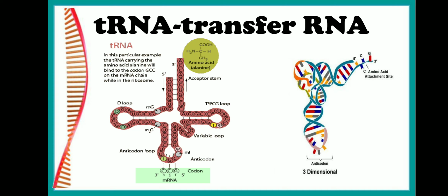The function of the tRNA molecule: the tRNA always plays a very important role in protein synthesis. It picks up a specific amino acid from the cytoplasm and carries it to the site of protein synthesis, and it will attach itself to the ribosome, and it will read the codon on the mRNA, and it will add the correct amino acid to the polypeptide chain that is being synthesized during the protein synthesis at the ribosome. So that is the function of the tRNA.